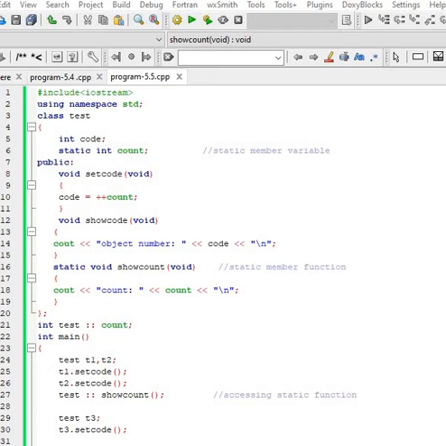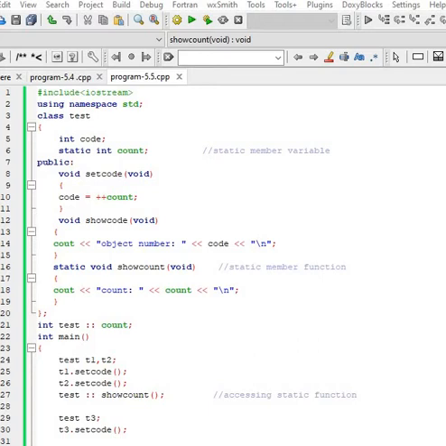Now look at static member function. A member function that is declared as static has to follow the following properties. A static function can have access to only other static members. Static members can be either functions or variables declared in the same class.